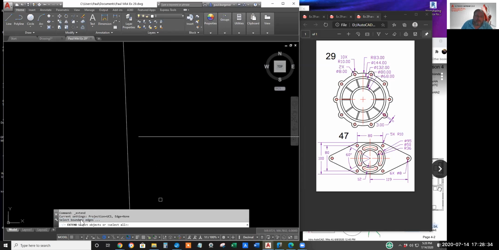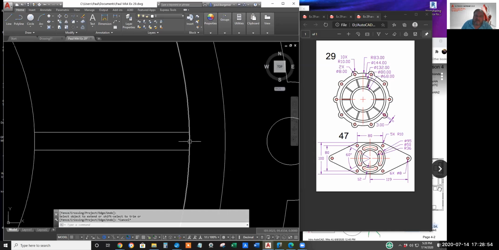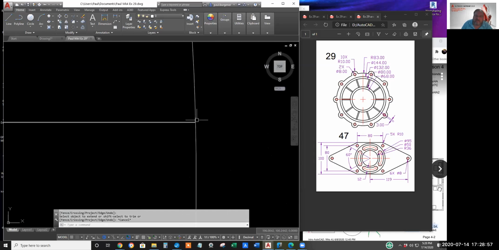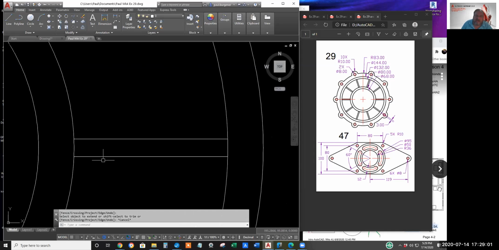I prefer the word target because you're going to extend to hit a target. So we want to select boundary edges. Again, I suggest select all by hitting enter. Click near the end you want to extend from. And there we got a nice, neat joint, or the ends of each line is perfectly on the circles.